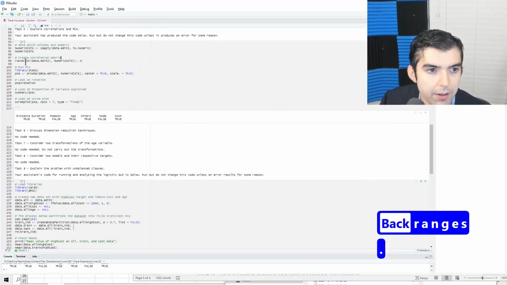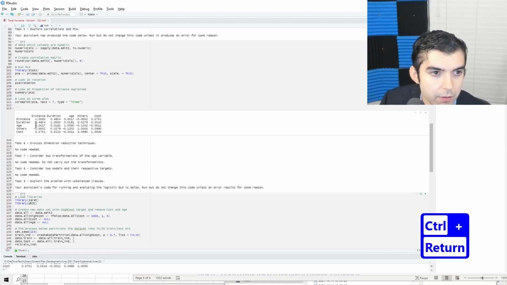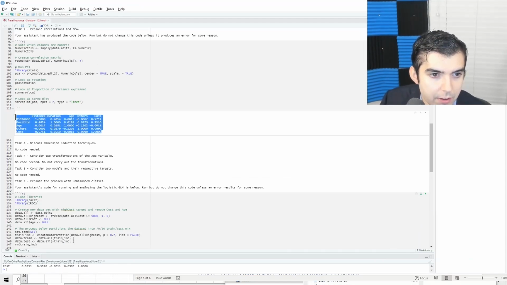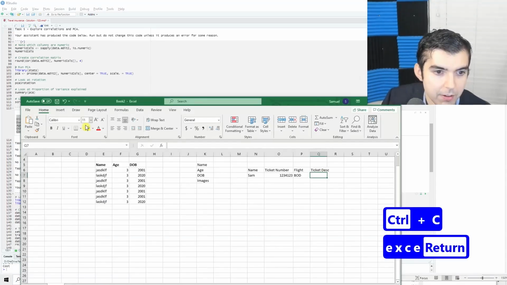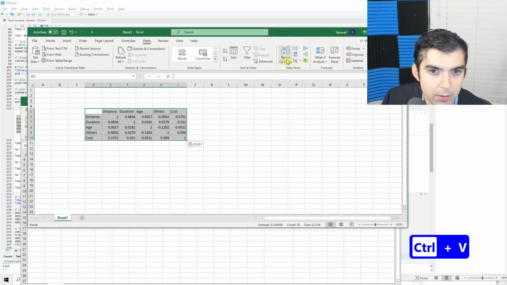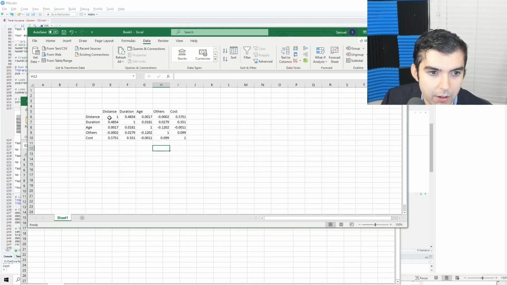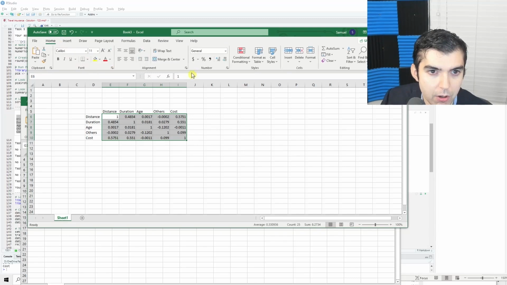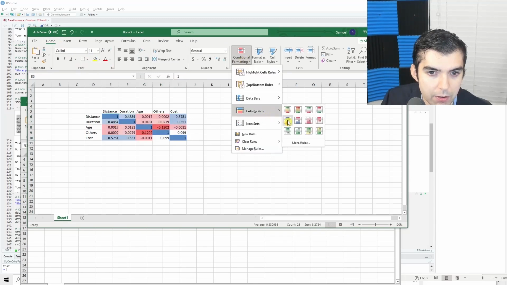Okay, and then they say create the correlation matrix. There's the correlation matrix. So I always like to look at these in Excel. Open up Excel and then go to data, text to columns. Oh, it's already in text to columns. So now you just need to do home, color scales.